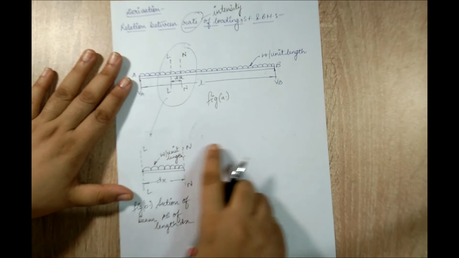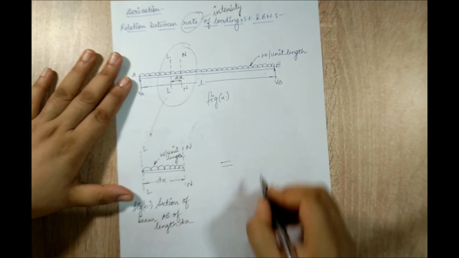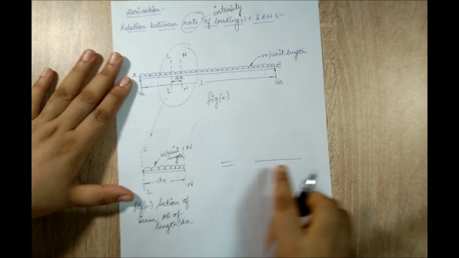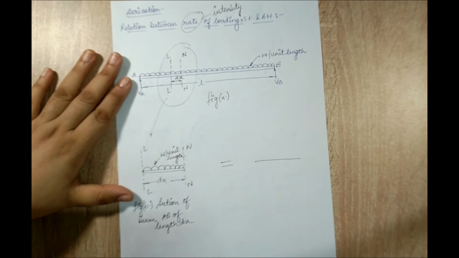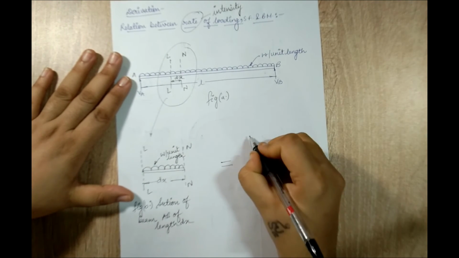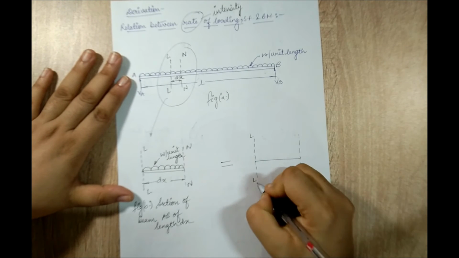Now I'm going to make the FBD of this diagram. So when I draw an FBD of this, let me draw a straight line first, because when you draw an FBD for this beam, we do not draw a thick line like this, we draw a straight line. Next I'll draw the section LL and NN.